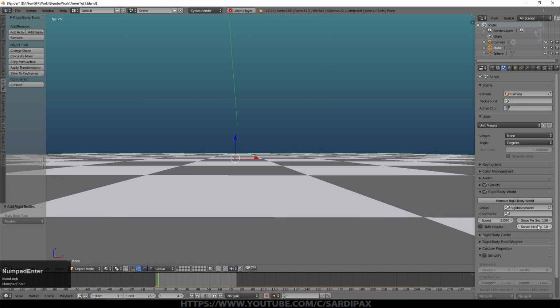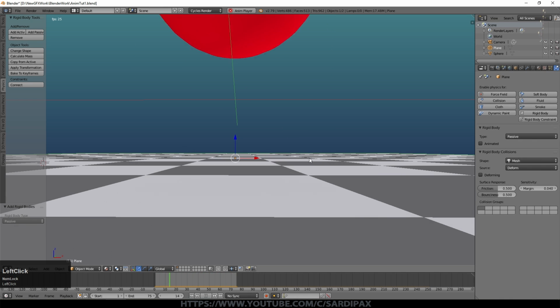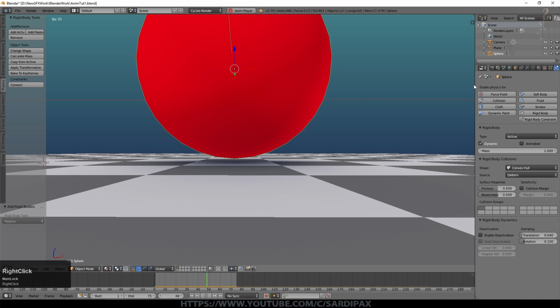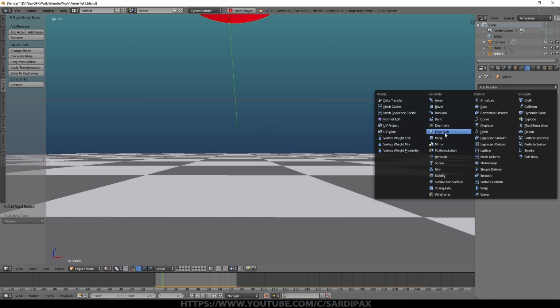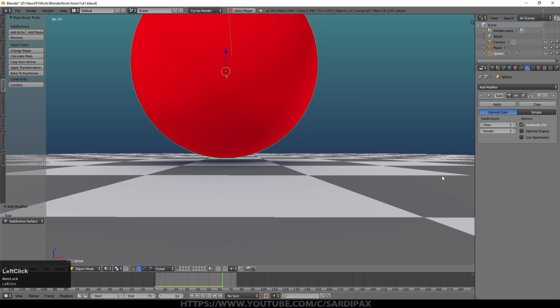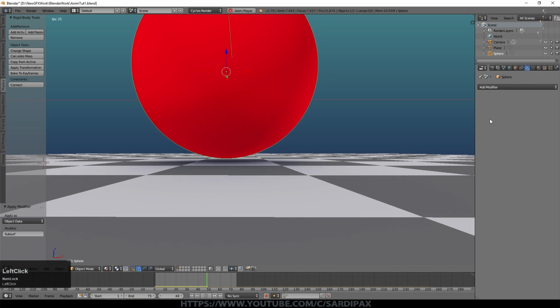So let's put this back to a more normal solver iteration, and we'll put it back to 60 steps per second because that was giving us a good result. If we go back to the physics simulation now, I'm going to select my object and add a modifier, a subdivision surface modifier. So under modifiers, add subdivision surface. So I've added extra geometry. I did quite a bit of extra geometry there because I've noticed it sort of falling over, and that's because of the facets. So I'm going to apply that now.